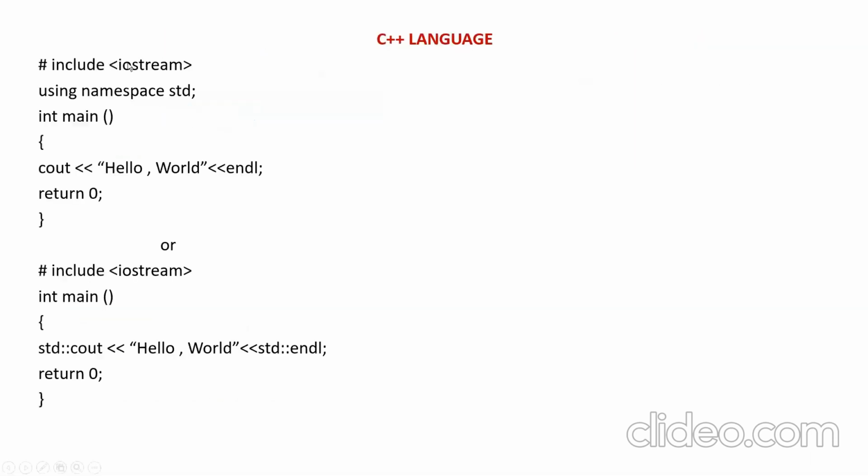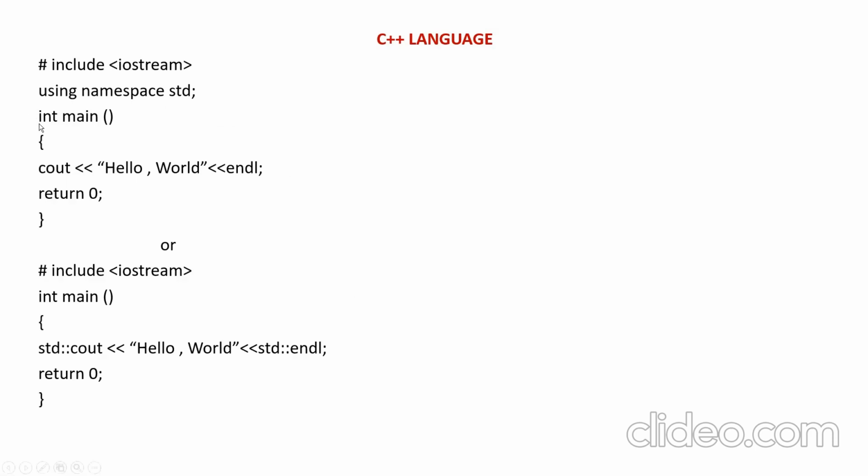Next, C++. Here also the syntax is similar, but we will have a different header file, iostream. This will contain the object cout and the manipulator function endl. In C++, main must compulsorily have int as the data type. Every function has a certain data type. The data type indicates what value will be returned by the function on completion of your task. So here main is the name of the function, int is the type of the value that will be returned by a function on completion of a task.